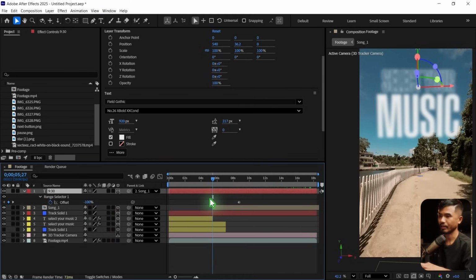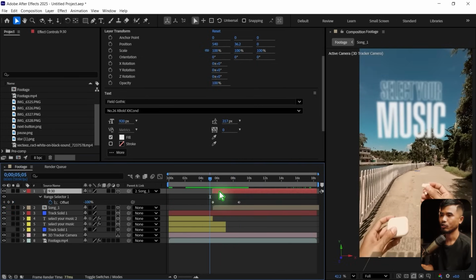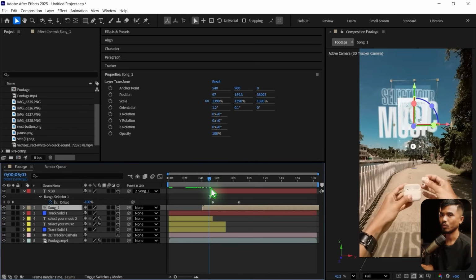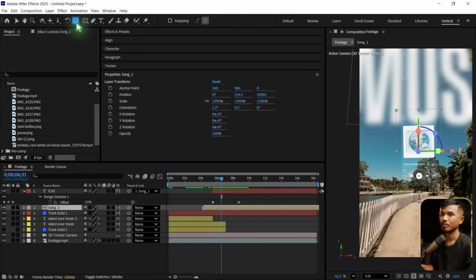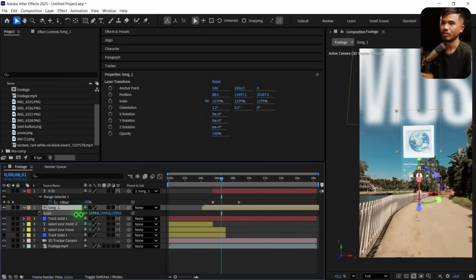Hold down Alt and the left square bracket. And once you are there, it comes down there, right? I think it should reveal this somewhere here. This song. All right, so we will do the animation of this, right? Click on the pan behind tool, and I will move the anchor point here. And the reason why I did that is I'm gonna animate the scale, and it's gonna scale from the bottom